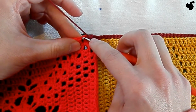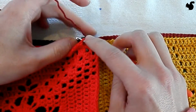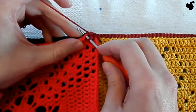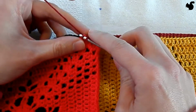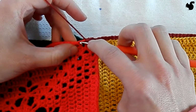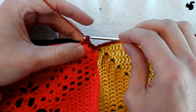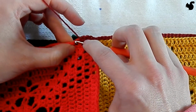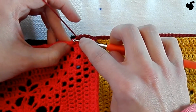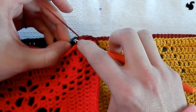Rather go into the stitch and pick up half, so in essence half of the chain one space, just like you're here, picking up half a double crochet stitch and make a chain one, a single crochet. So this way the chain one follows the same pattern as the rest of the granny. So again, here is a chain one space, so pick up only one of the loops and pick up a loop on the other side,